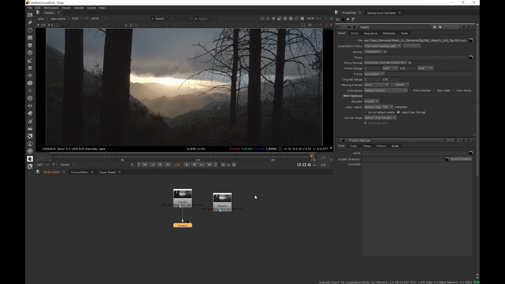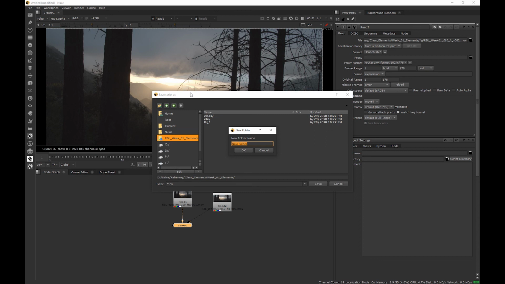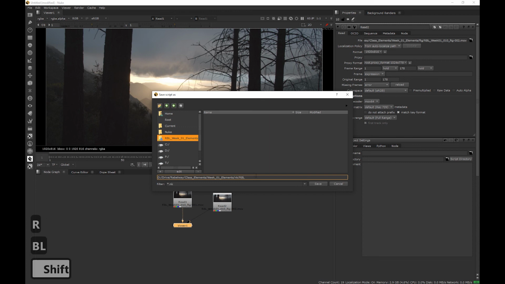So now that we have our project set up, let's save our nuke script. We can go over to File, hit Save Comp, and again, we will go to our Elements folder. Let's make a new folder real quick. We'll just hit this new folder button. I'll just call this NK for nuke. So I'm going to call this RBL for Rebelway Week 1